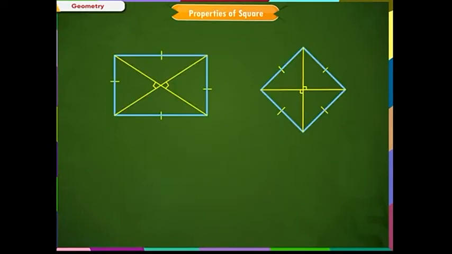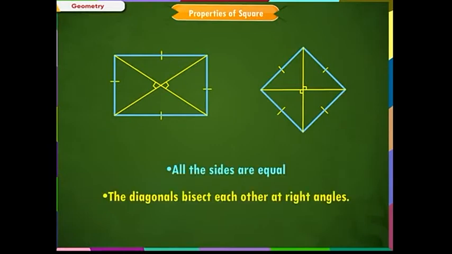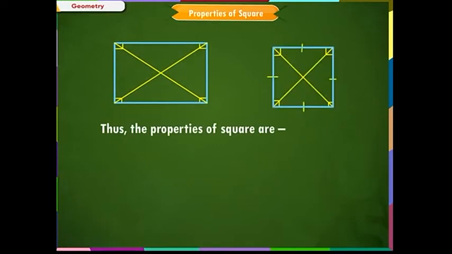Apart from these properties, the exceptional properties of square match with the exceptional properties of a rhombus. That is, all the sides are equal. The diagonals bisect each other at right angles. There is one interesting thing to note, that the properties of square also match with the exceptional properties of rectangle. That is, each angle of a rectangle is a right angle, and the diagonals of a rectangle are of equal